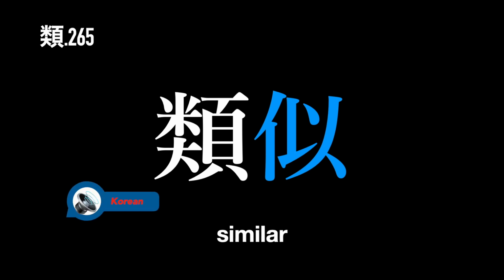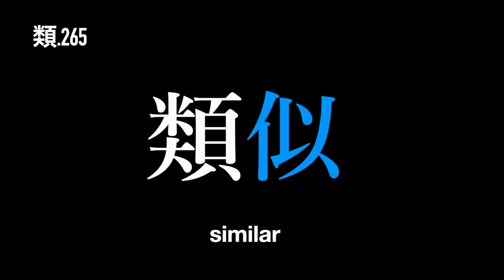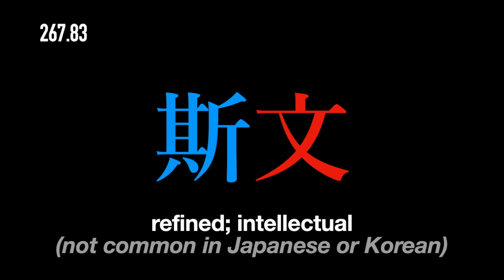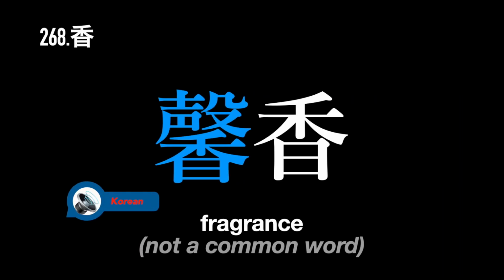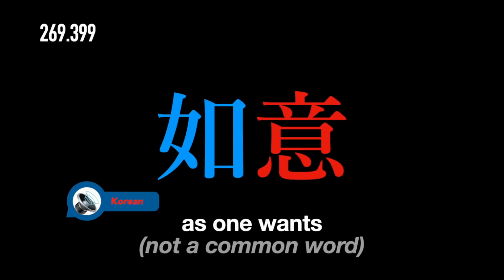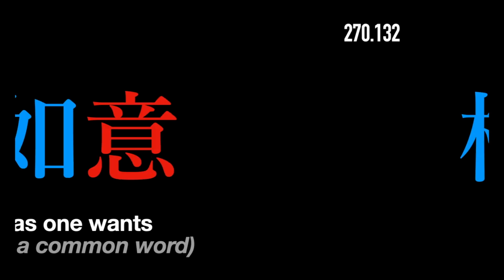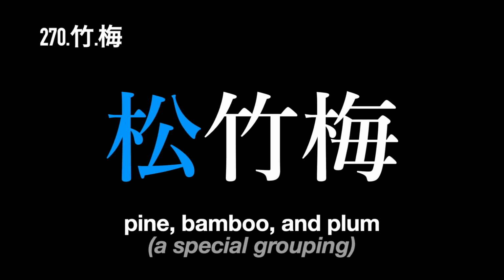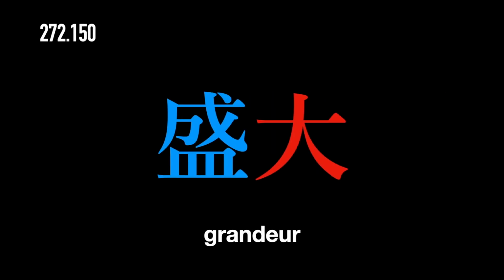Similar. 유사 루이지 类似 Lily, magnolia. Mulan. 목난 木蘭 木兰 Refined, intellectual. 사문 시분 斯文 Fragrance. 형향 傾向 馨香 As one wants. 여의 匂い 如意 Pine tree. 송수 少女 松树 Pine, bamboo, and plum. 송중매, 松竹梅、 松竹梅 Grandeur. 성대, 盛大、 盛大